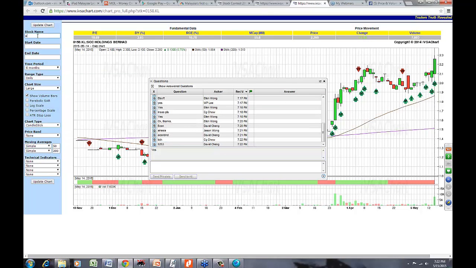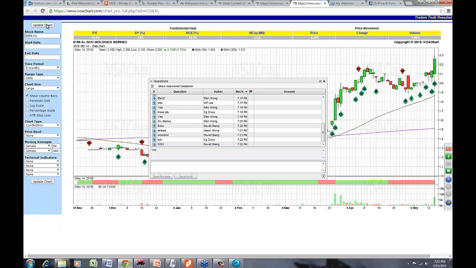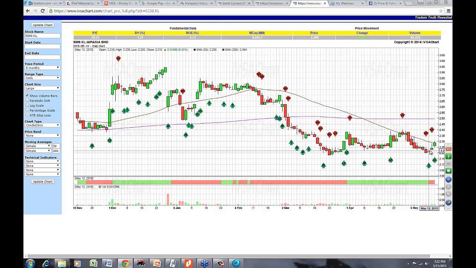Now let me look at AirAsia. All right, AirAsia. Now I'll come back and look at Icon. AirAsia again. It's still pointing downwards. We got an upthrust. I think the market did break higher, right? It's starting to turn red, turn green in here. You can see this has already turned red, so it's bearish.